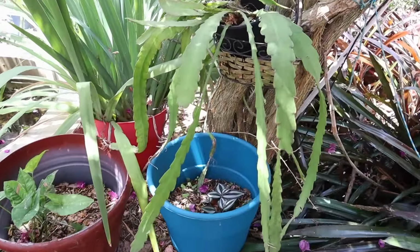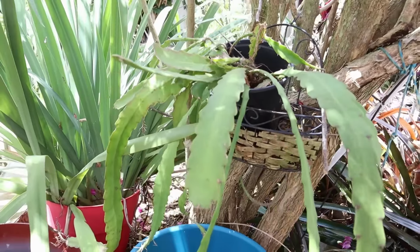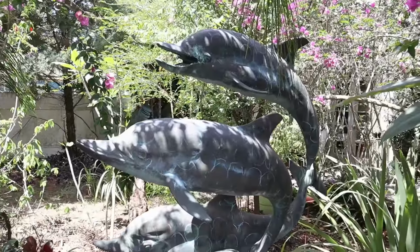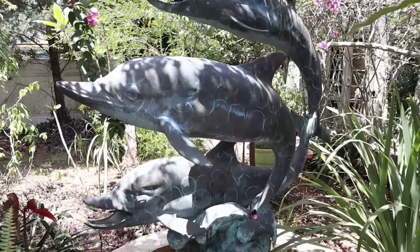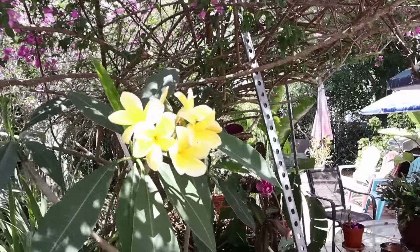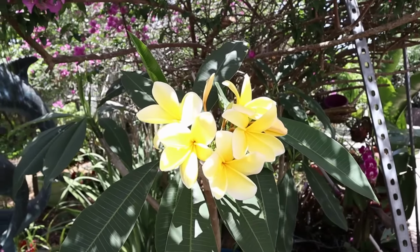This is our orchid cactus, and it's been three years waiting for it to bloom. And the blooms are as big as a cereal bowl when they do bloom, if we could just get it mature. Love our bronze dolphin fountain statue, and that was a wedding present. If you haven't been with us, this is the Plumeria, Frangipani,